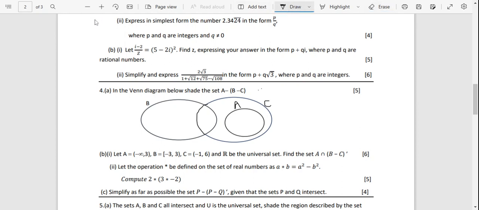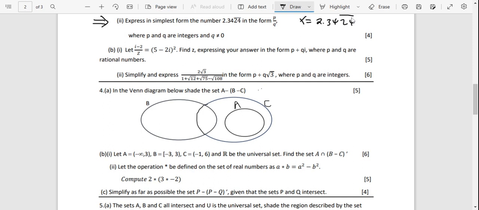to this question which is here. Express in the simplest form the number 2.3424 (with the 24 repeating). Now, I know we know how to do it. The first thing, just let this number be equal to x, right? That is going to be